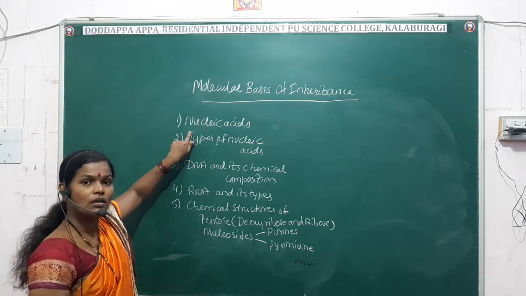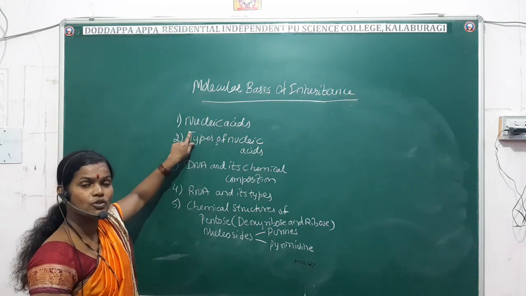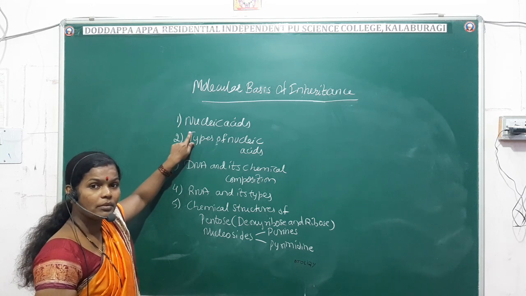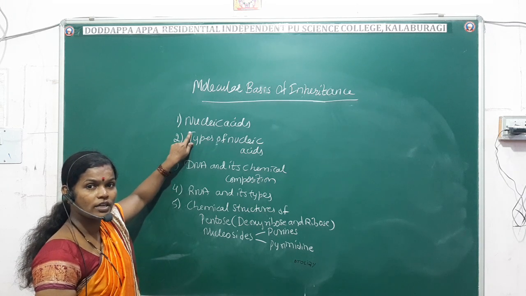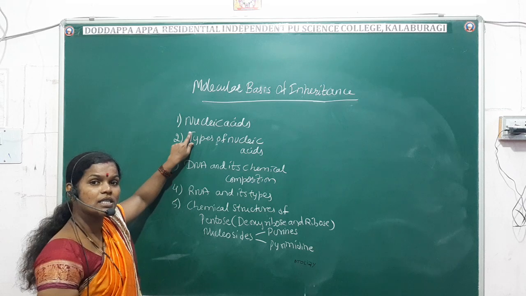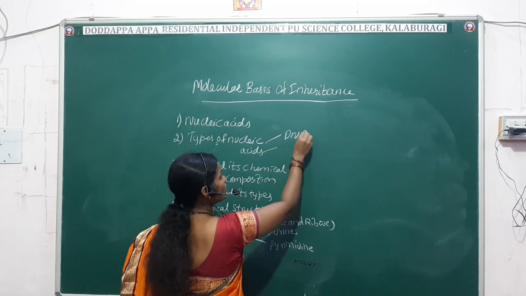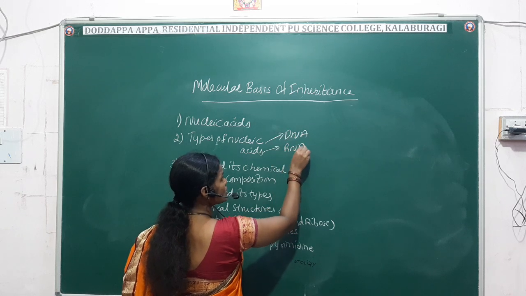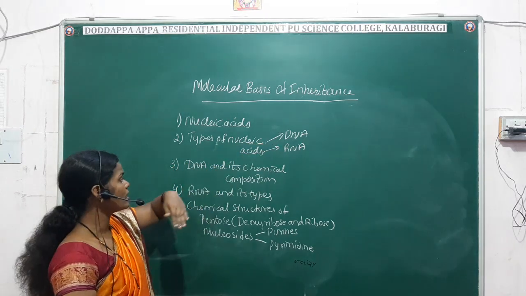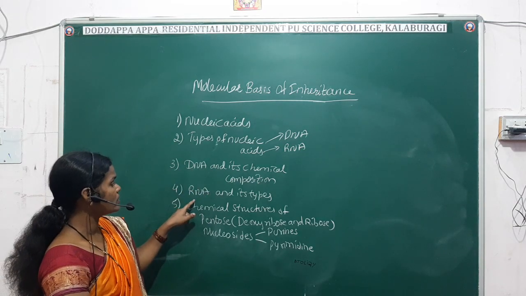Nucleic acids are the acids related with the nucleus. It was first studied by the scientist Friedrich Miescher in the pus of surgical bandages. Later Altman gave the term nucleic acids for the nuclein. Levene worked on the basic chemistry of nucleic acids. Then we saw the types of nucleic acid, DNA and RNA. Since yesterday's class was a little fast, I was revising the types of nucleic acids, DNA and RNA, then DNA and its chemical composition, then RNA and its types.